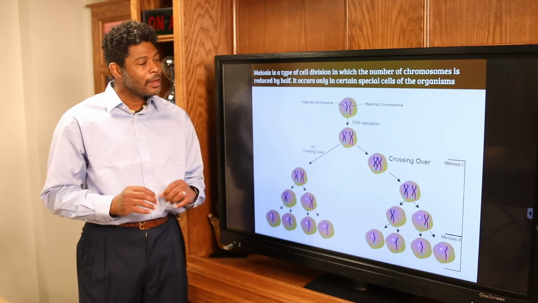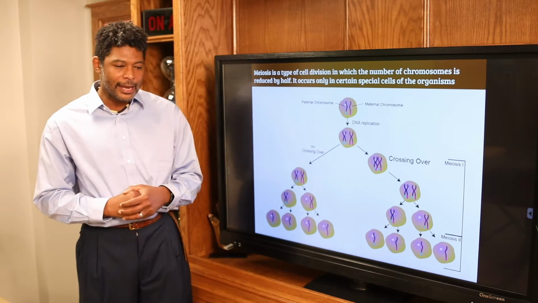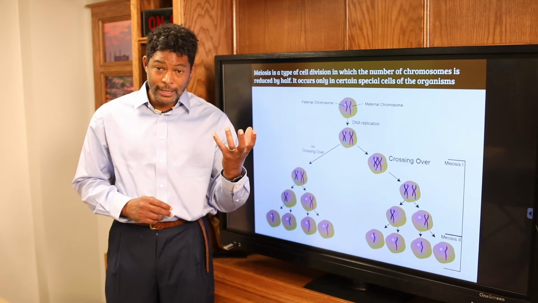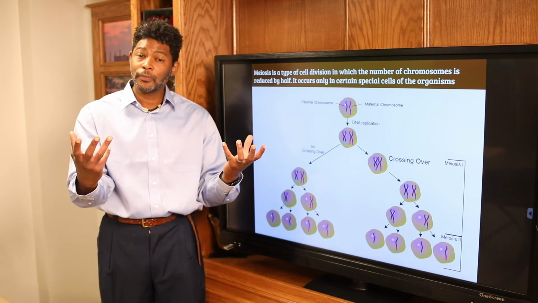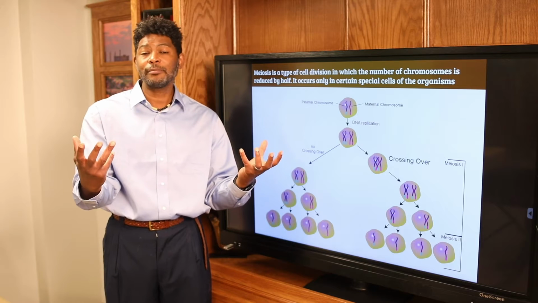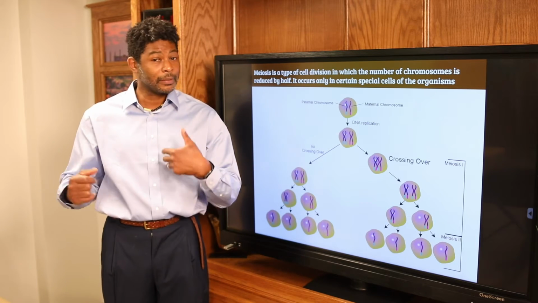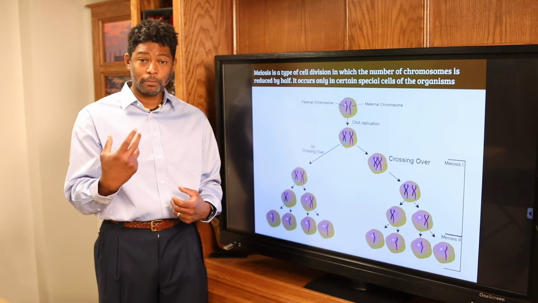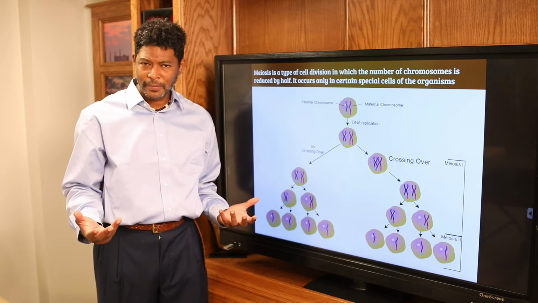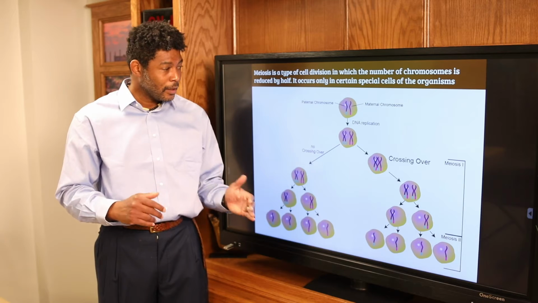Imagine I had a deck of cards that are red and a deck of cards that are blue. I take the deck of red and the deck of blue, shuffle them together, and then deal out cards. Some people will get more red, some people get more blue, some people get the exact same amount. Same thing with